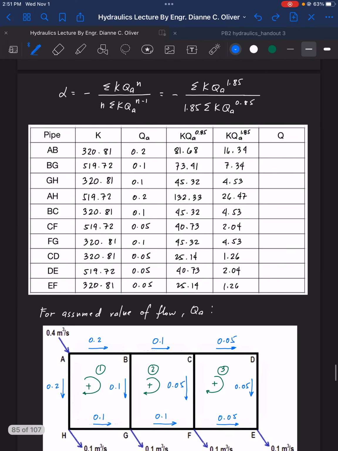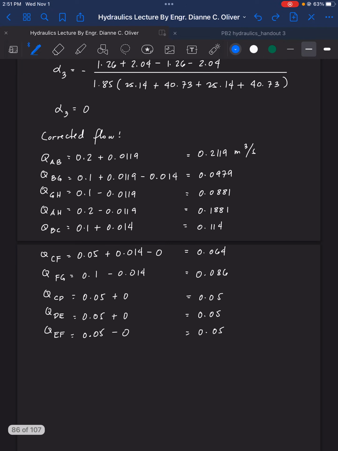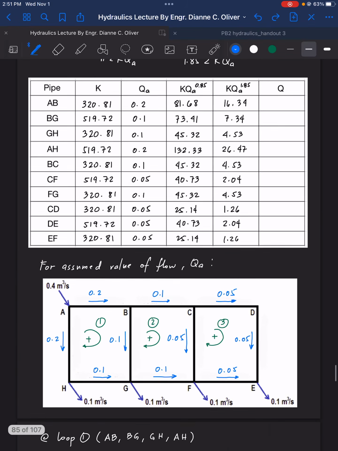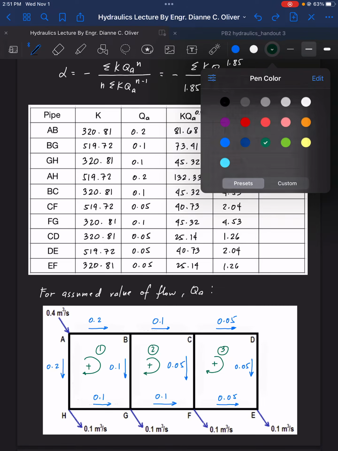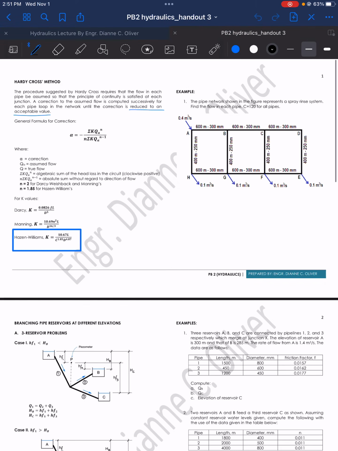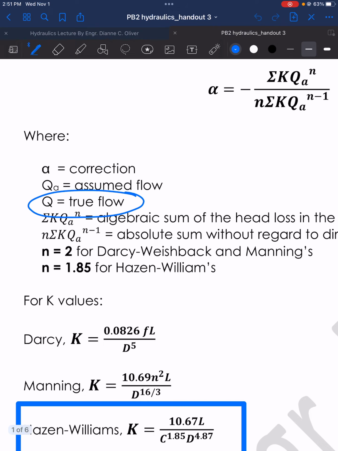So here is now our final Q, 0.02119. So this is now our, as it says here, the true flow. So for Q as true flow,